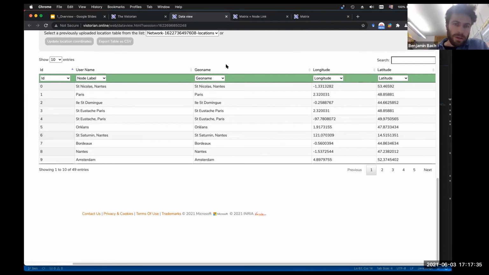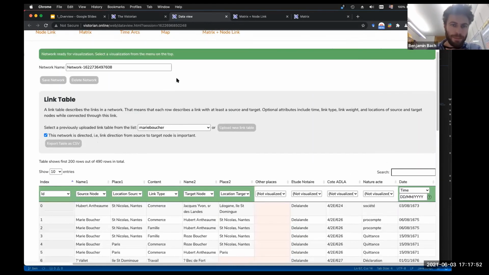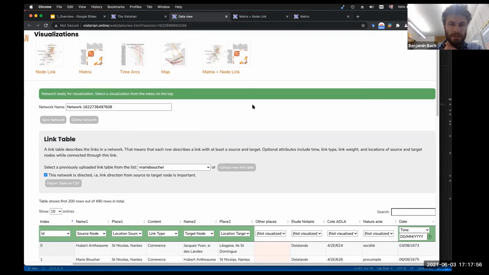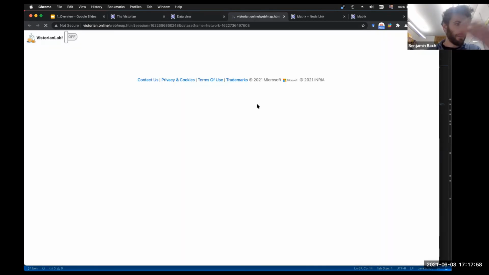The coordinates are not always great because sometimes, you know, there are multiple Parises in the world, and it will just go with its best guess. In this case, it's correct because we're looking really for the Paris in France. But if you look for Paris somewhere else, this might not be correct. But you can just edit these things and add your own coordinates if you wish to. And as soon as this is done, we can go to our map,